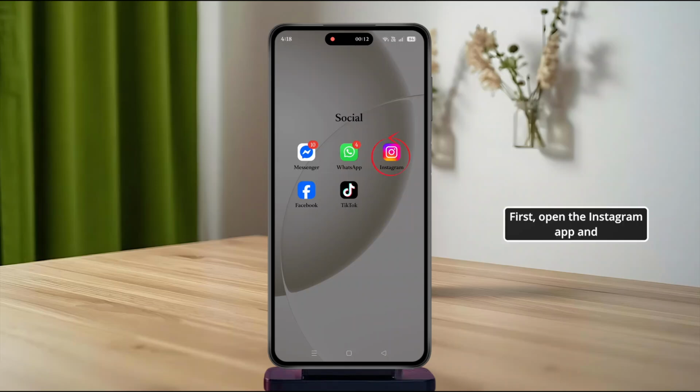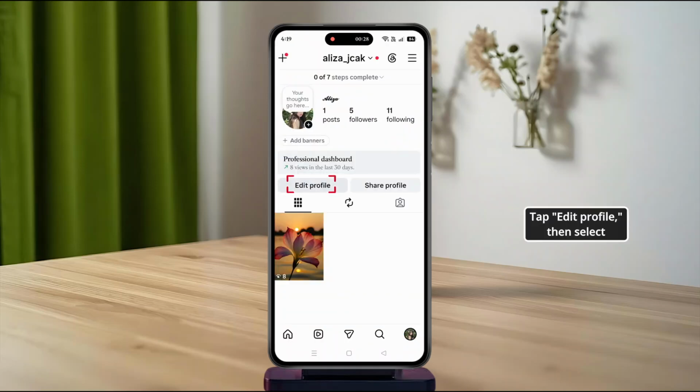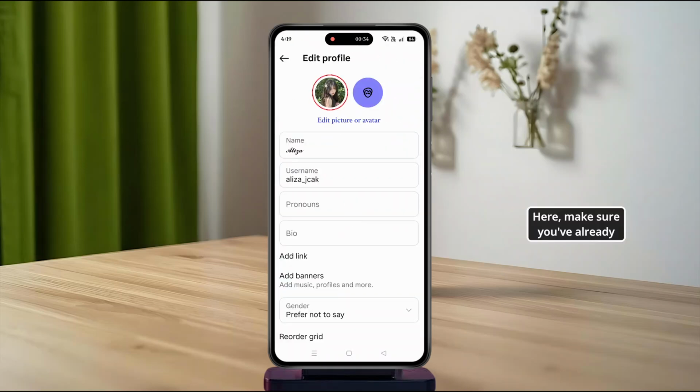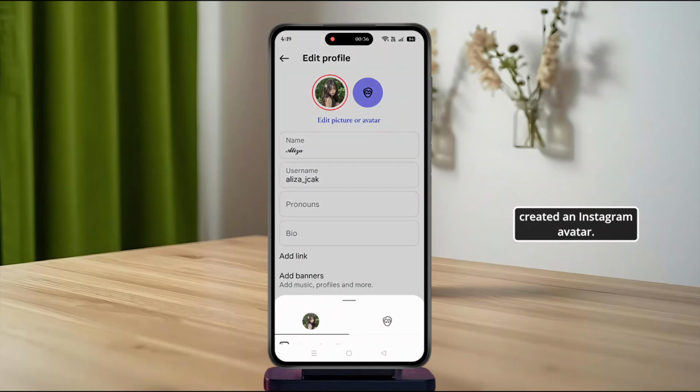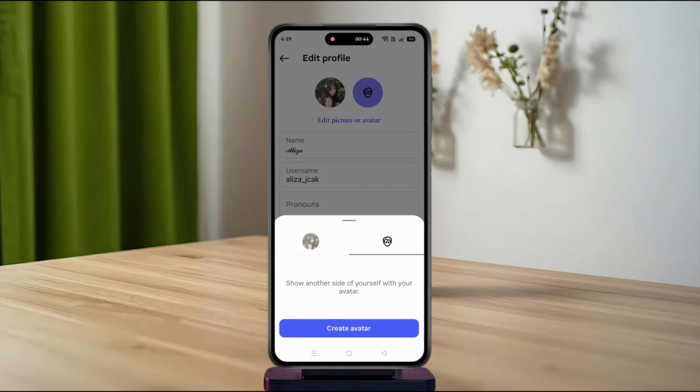First, open the Instagram app and go to your profile page. Tap Edit Profile, then select your profile picture. Here, make sure you've already created an Instagram avatar. If you haven't set one up yet, create your avatar first, as Instagram generates personalized GIF stickers based on your